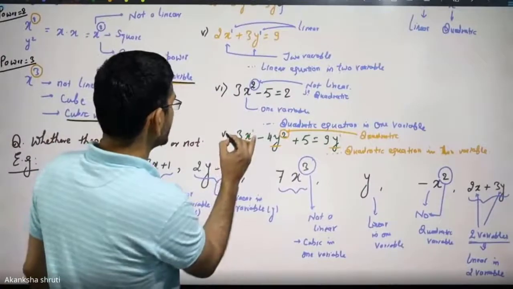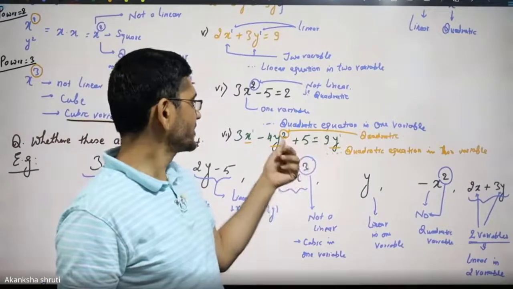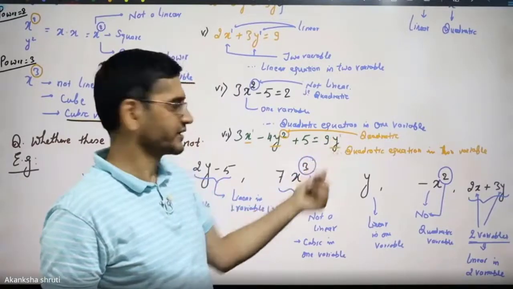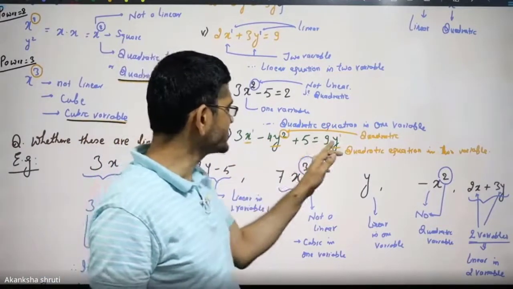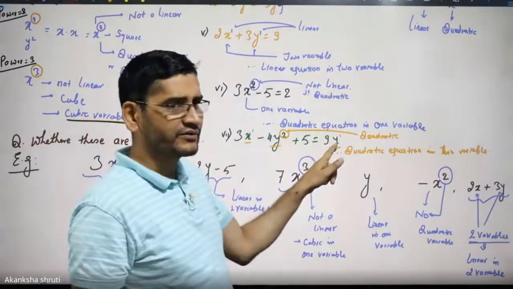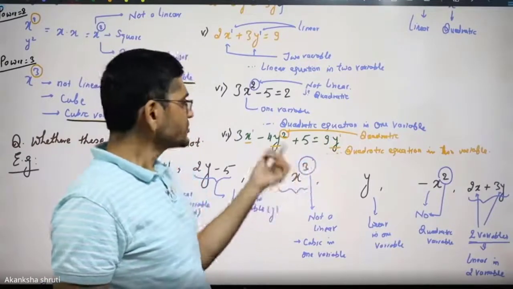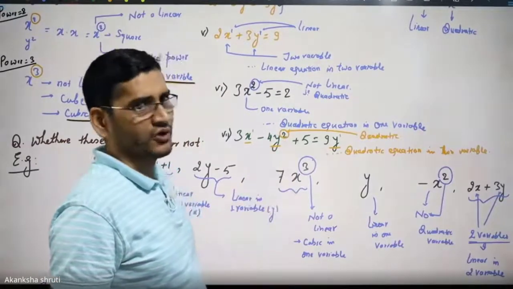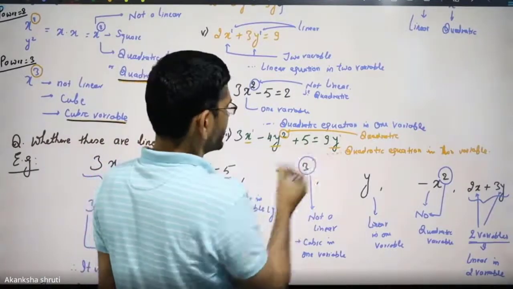We have considered the seventh example where both x and y were present, with y having different powers. One is y square, another is y. So students, for this entire equation, you have to observe the variables. The types of variable are two only. One is x, another is y. But y has y square and y. So the highest power of the variable we have to observe to say the power or degree of this equation.